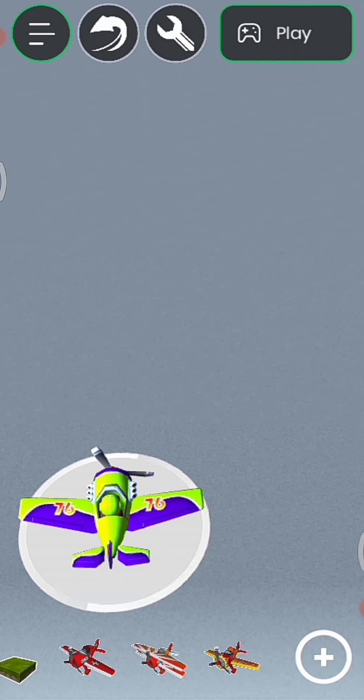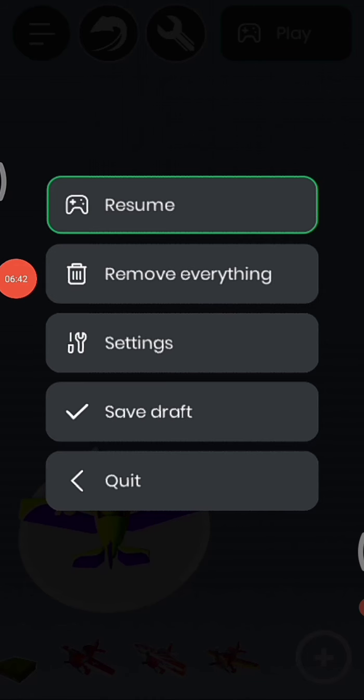And here, if you want to create another game, you can find at the left corner the button, the three slanting lines. Click on it. You can see resume, I mean the current working action. You can move to there. Removing everything means the elements which you have placed in the canvas get deleted.